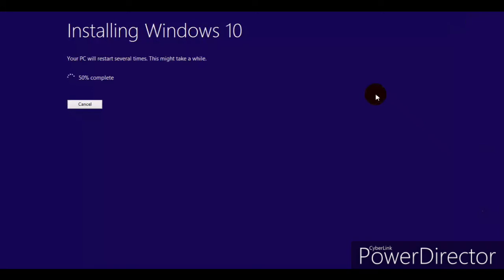So now 50% guys, just 50% complete. This is halfway. So you just keep being patient, just see the vast features when you are talking about Windows. It's such a nice improvement, guys. 50%, this is halfway, so you just need to be patient and then keep watching, guys, as I'll be showing you the